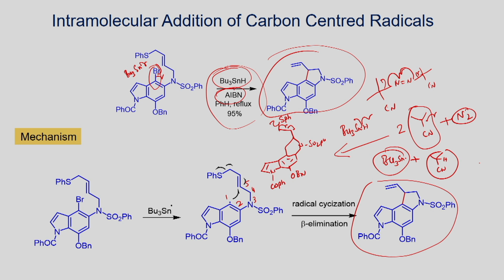Here the combination of tributyl tin hydride and AIBN is used. This is because you can form the tributyl tin radical that can selectively react with this carbon halogen bond without affecting other functional groups. You will be able to form the radical. Once you form the radical, that can undergo addition reaction followed by elimination to give this alkene as the product.